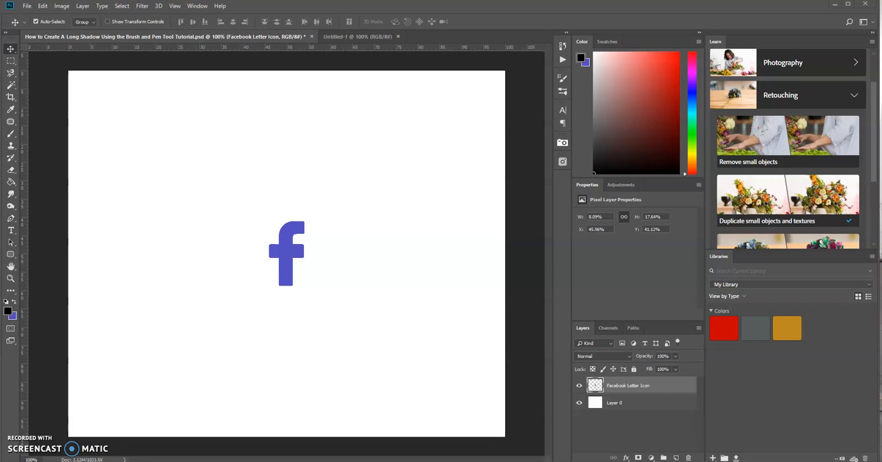In today's tutorial we're going to learn how to create a long shadow on this icon that we see here in front of us using the brush and pen tools. So right now I just have a background layer and another layer above that, which is just the Facebook letter icon. So the first step is we're going to change this icon to the color black,